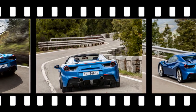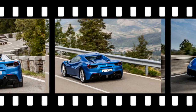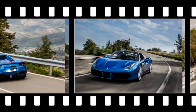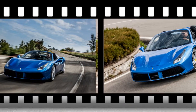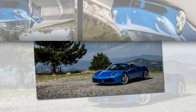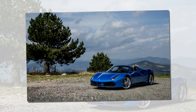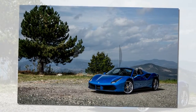much younger wife. Spyders were the dynamic inferiors to their metal-roofed sisters, trading the opportunity to work on your tan and to better appreciate their wailing soundtracks for less performance, less precision, and a noticeable reduction in structural rigidity. No longer. The 488 Spyder is so close to being the equal of the GTB in every regard as to